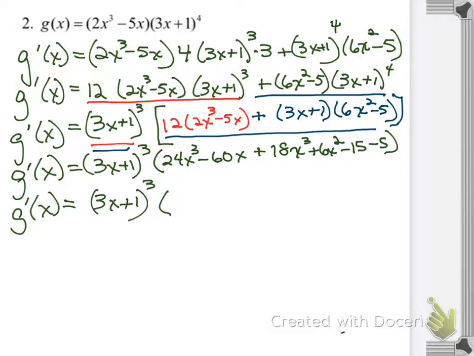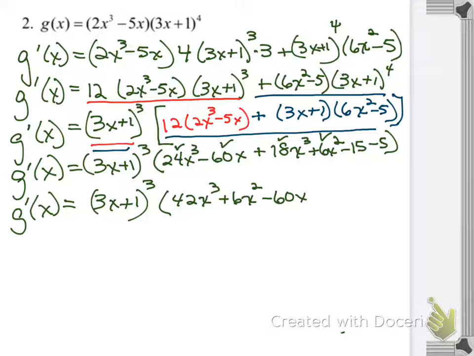Okay, so now let's put things in standard form. The highest power is x to the 3rd. Let's combine 24 and 18, and that gives us what, 42? So 42x cubed. I just took care of this and this. Okay, let's go with the x squared next. 6x squared. Subtract away the 60x. So far I've taken care of those. And now minus 15